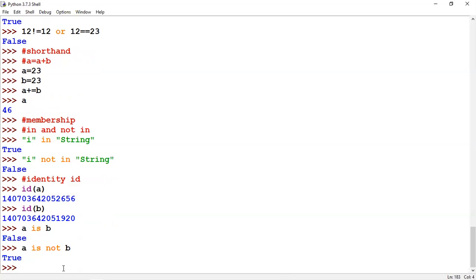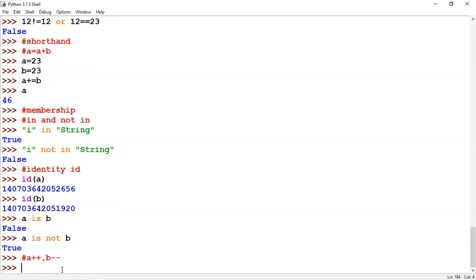The remaining ones, you may have heard about: logical, comparison, arithmetic and those things. But these two are very unique operators. Apart from that, Python doesn't have the increment or decrement operator. In C++, people use A++ or A minus minus; we don't have these operators in Python. However, Python does support bitwise operators. I will tell what a bitwise operator is.